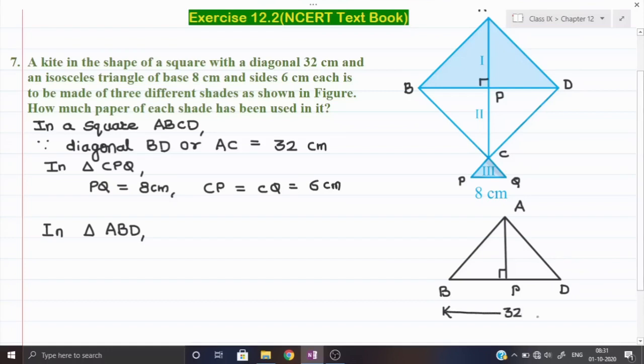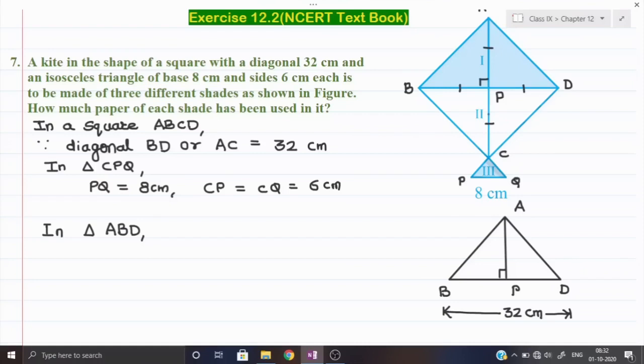This is the given value of BD. Now we know that the diagonals of a square bisect each other. So the diagonal AC is bisecting BD, then the value of BP and the value of PD are equal. Similarly, the value of AP and the value of CP are also equal. I am putting the same equal mark on all four because the diagonals of a square are equal also, so their halves will also be equal.